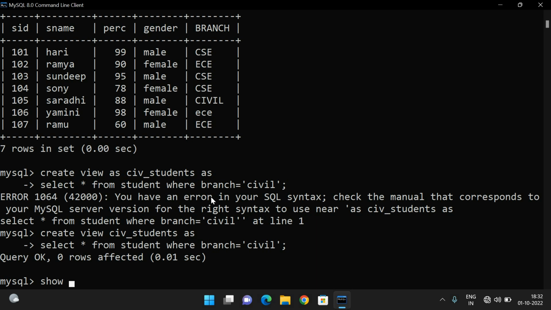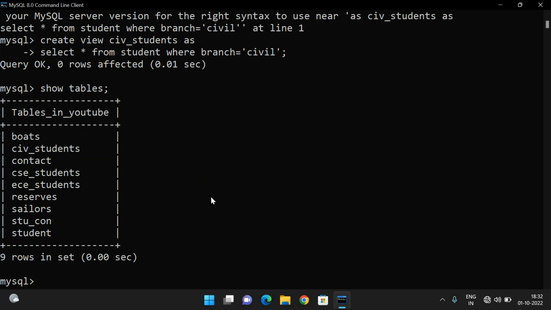So you can observe, show tables. See, we are getting different ones. So the master table is student, and from this student the views are civil student, CSE student, EC student. Now let's check. So select * from